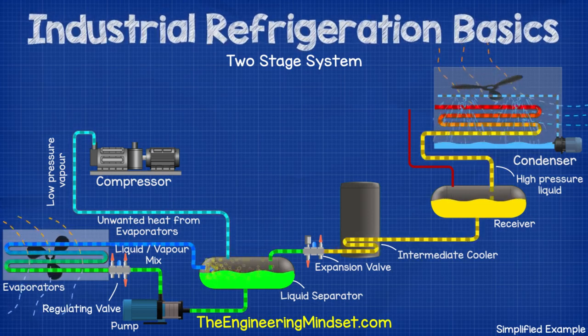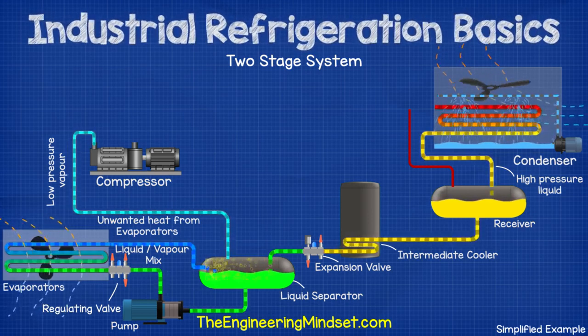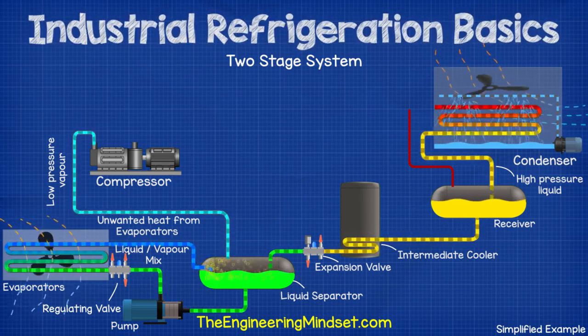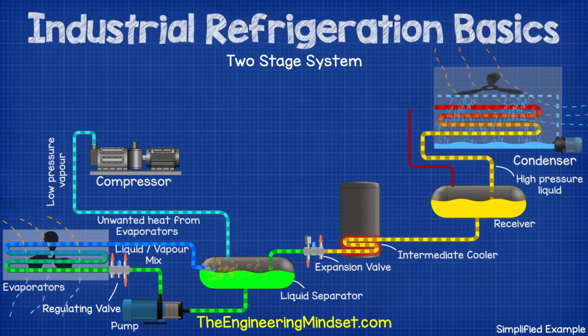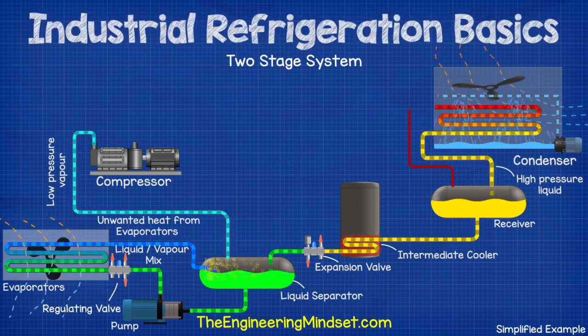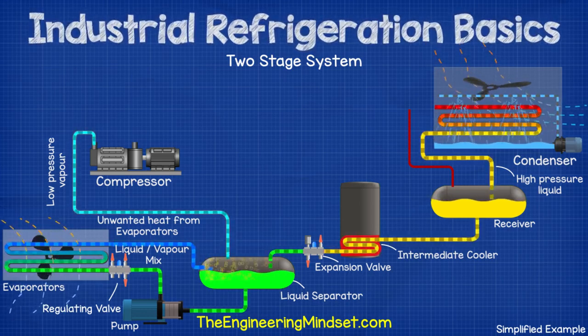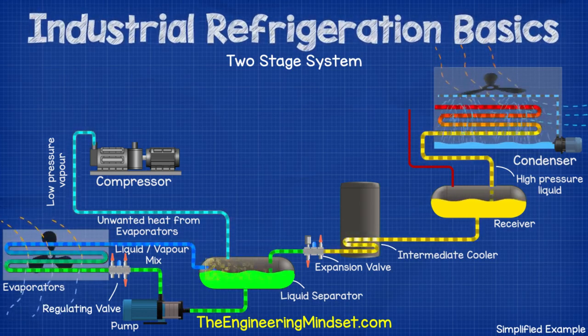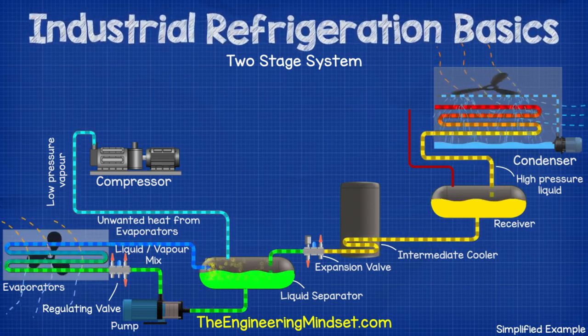In this type, we have a tank called the intermediate cooler, which sits between the receiver and the expansion valve. The main flow of refrigerant passes through the coil inside the tank. The refrigerant passes through this and into the main expansion valve. Just like the single stage system, it then continues its flow via the separator, the evaporator, and back to the